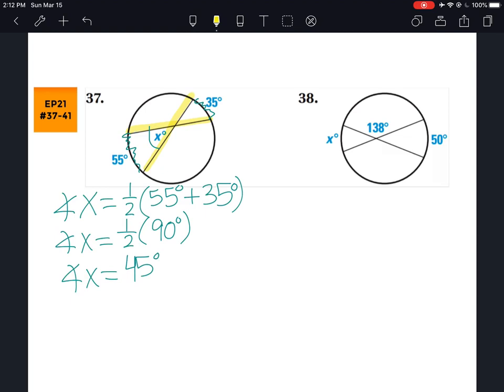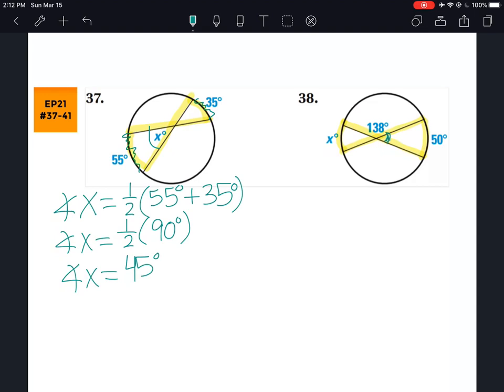For number 38, you have to look very carefully. Just like 37, we had 55 and 35 as a relationship. I'm going to trace over the two intersecting arcs, and I'll see that x and 50 are definitely the ones we're going to use. But there is a problem with the 138. 138 is not within the yellow. It is not the angle in question. We need to figure out this angle over here